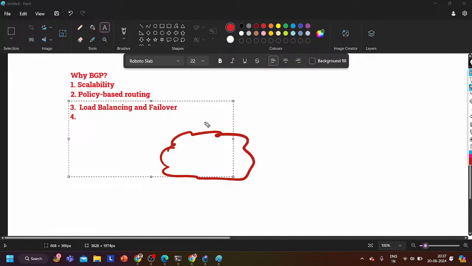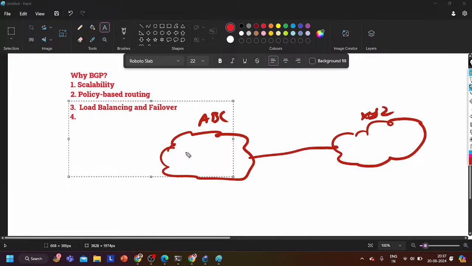Let's say this is a different company ABC again, and this is XYZ company, right? I want to merge these two companies together. Here we have 20k prefixes, here I have 30k prefixes. I cannot configure IGP protocol. Reason: here the AS number is different, let's say 10, and here the AS number is different. You know why you will not perform redistribution here.